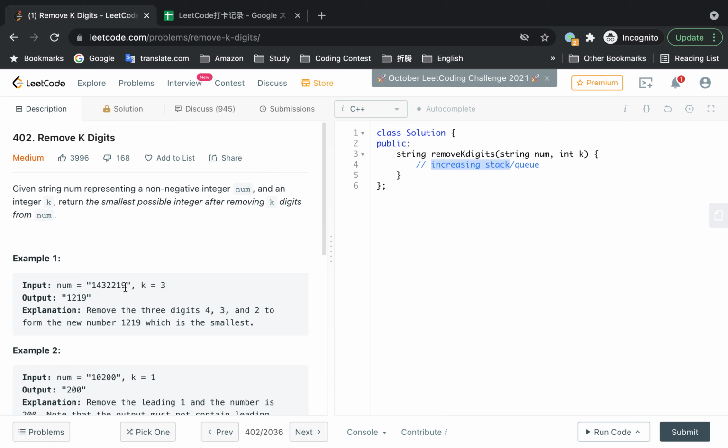We can iterate from the back end to the front end, and add it in the stack until we reach our limit. For example, the length is 7 and the k is 3. So there are 4 digits left. So we push into the stack, push, push, push, and